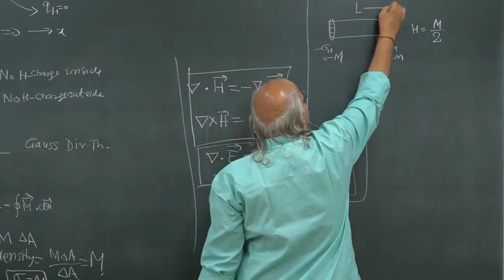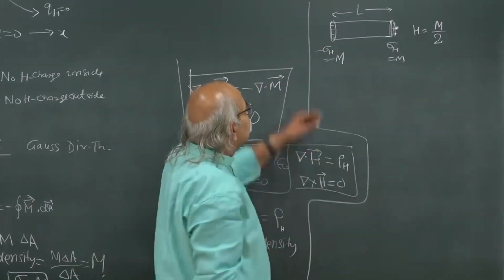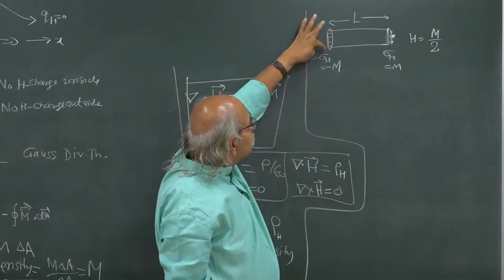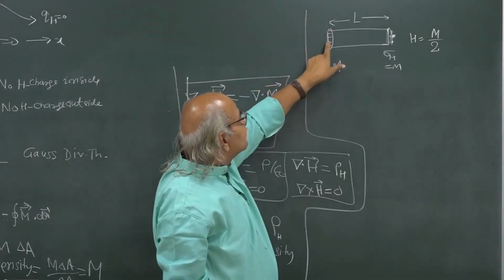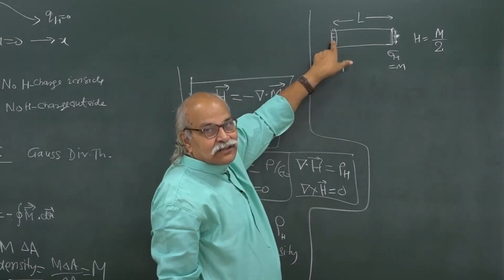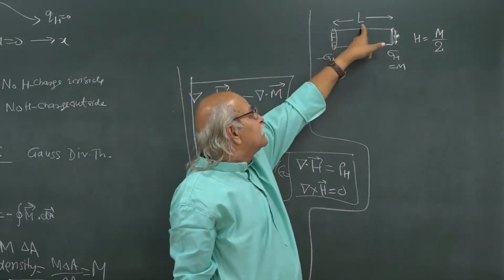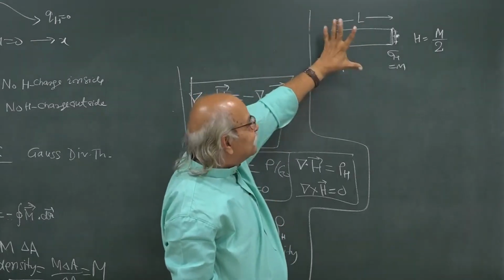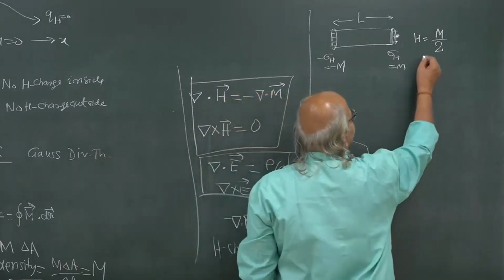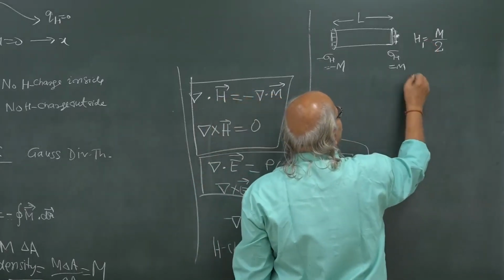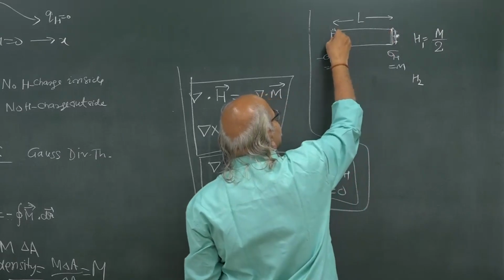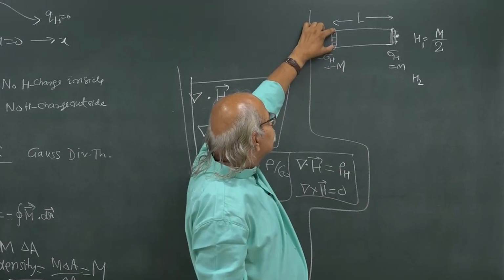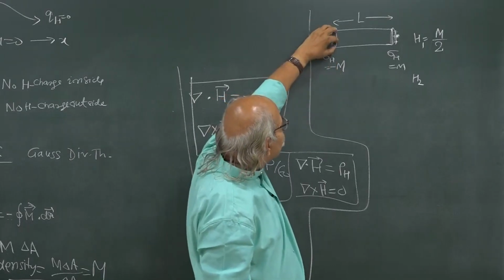If this length is L and this is the area, on this area this H charge is distributed with a negative sign. So if this capital L is large as compared to this width here, at least we can write a simple expression, and this is H1 and H2 because of this H1, this is because of this H2. If this L is reasonably large as compared to this, then you can say that okay, total charge I can